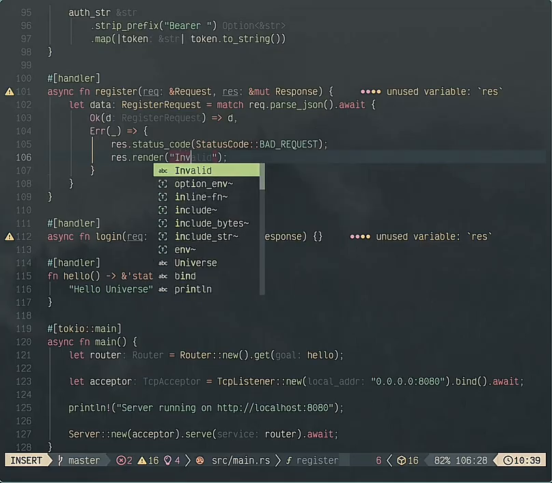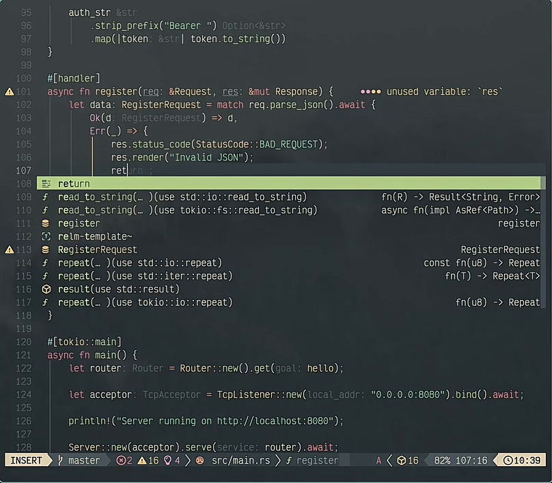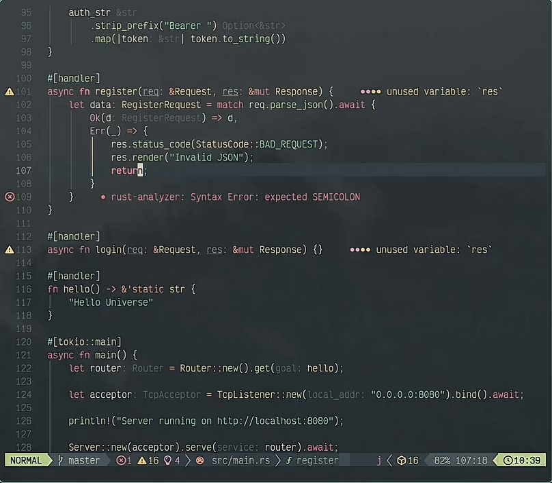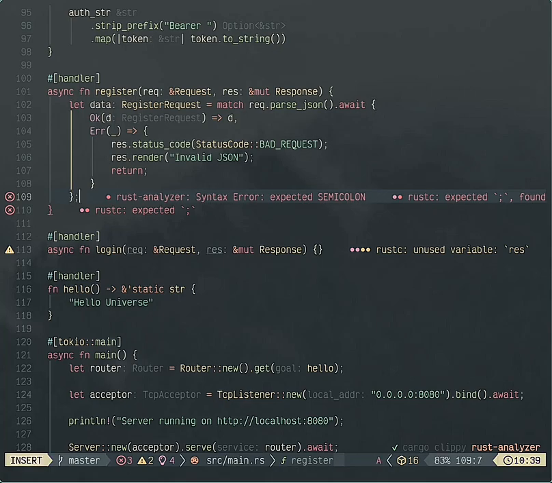You can say invalid JSON, right? And you can just return. Yeah. All right. So